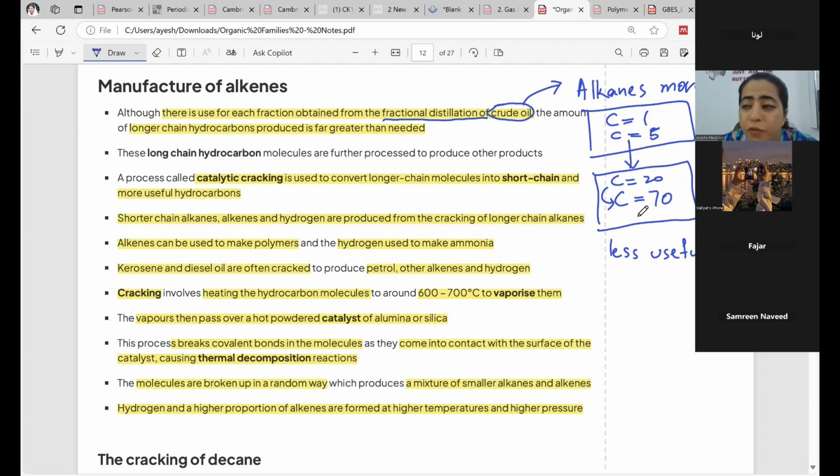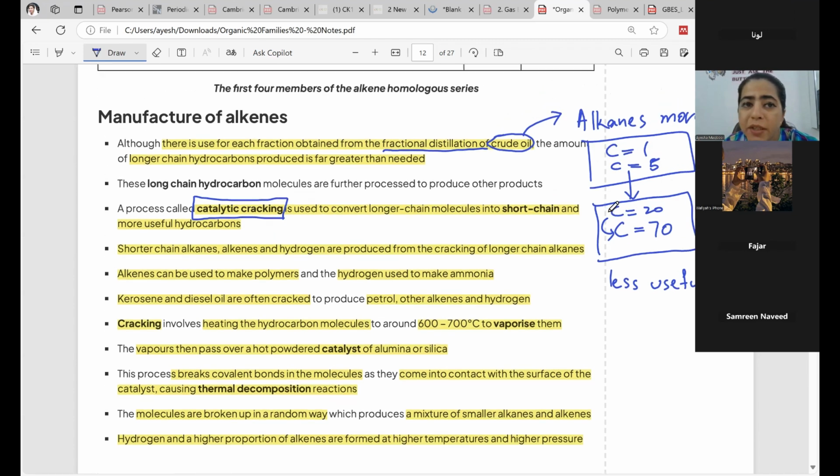Both the answers are correct. Yes, we can break the larger ones into smaller alkanes, which are more useful. So for this, we use a method which is known as catalytic cracking. The catalytic cracking method is used to convert longer chain molecules, the larger hydrocarbons, alkanes, to the short chain alkanes, which are more useful. Okay, so when we are going to break them, we are not going to get only